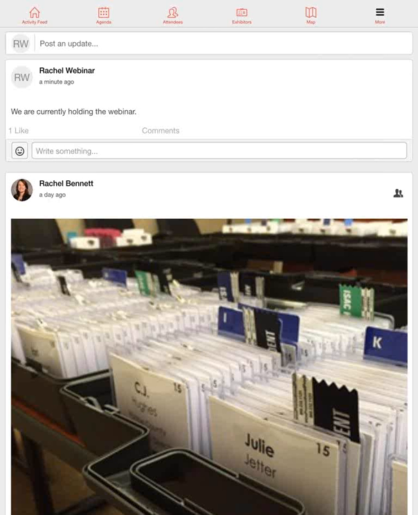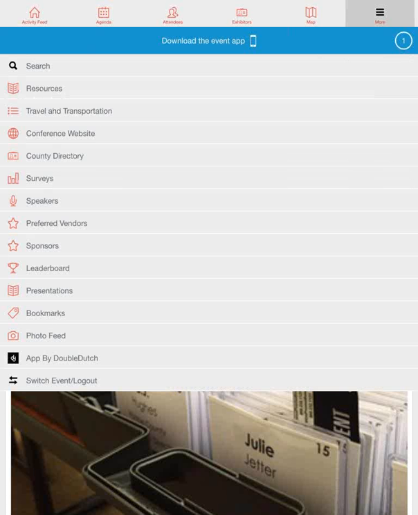So in your little, I have it right here where it says More. You will have it on the left side under your drop-down menu. It will kind of look like the same sort of thing. Leaderboard is down here with a little trophy. If you click on that,